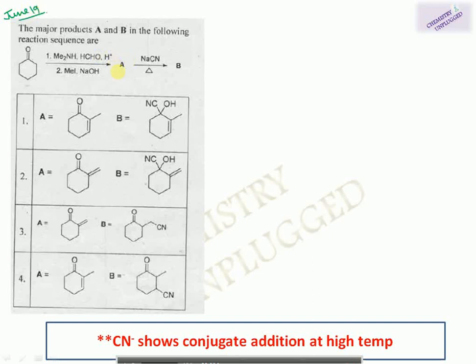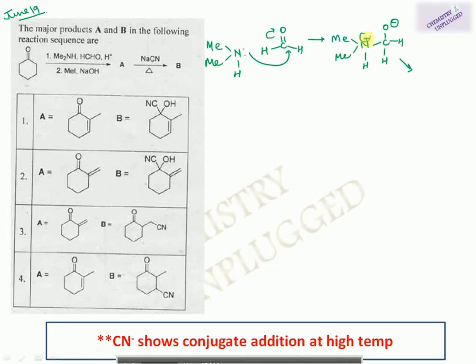So first we are using dimethylamine and formaldehyde. It is a familiar reagent, and it will give you a Mannich base. How will we get the Mannich base? In the first step, the lone pair of electrons present on this nitrogen will attack formaldehyde. Then in this step there is proton transfer. As we are using proton in the reaction mixture, this proton will combine with this OH to form OH2 plus, and it is a good leaving group.